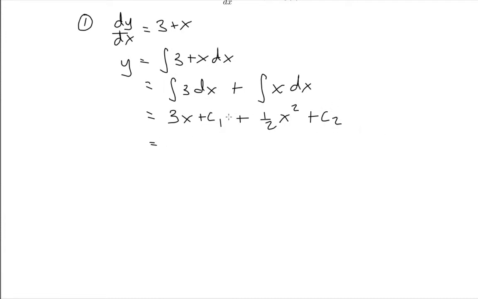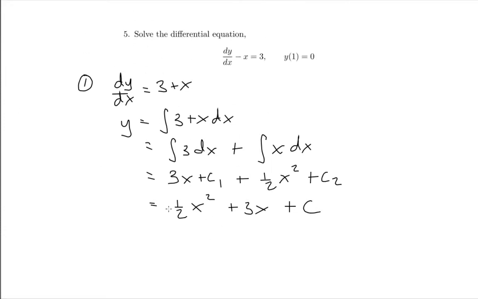So, of course, an arbitrary number plus an arbitrary number is just an arbitrary number. So what I can do is actually simplify this into 1/2 x to the power of 2 plus 3x plus, these two arbitrary constants just added together to make another arbitrary constant, plus c. What you'll find is that this function, y of x, if we take its derivative and plug it back into here, actually does make the left-hand side equal to the right-hand side of this equation. However,